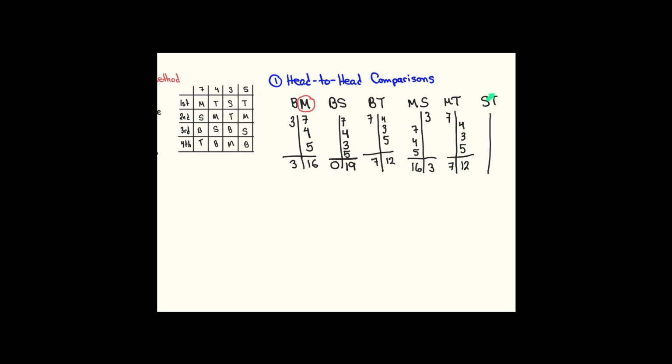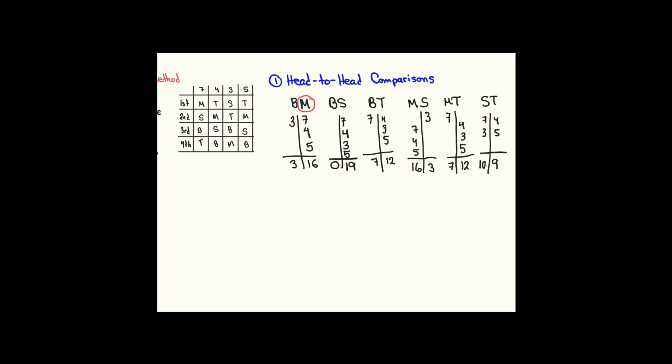Finally, the last pair, S versus T. S is higher in the first and third columns. T is higher in the second and fourth columns. So S gets 7 plus 3 votes and T gets 4 plus 5. We add up and we have 10